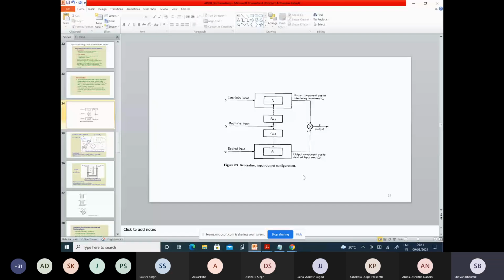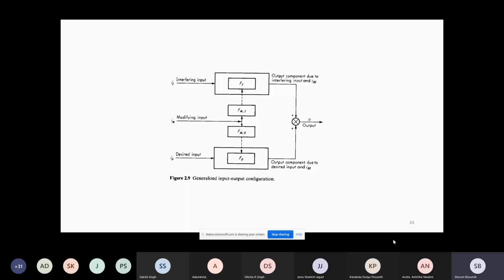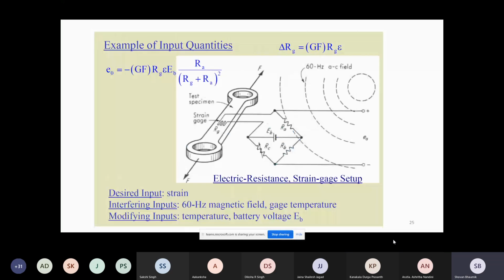Okay, now let's proceed further. What is our objective? We see that we want some output for some input, but there are some other inputs which come into the picture, and for those we also get output. I'll give a definite, clear example. Our objective is to remove those undesired outputs due to those undesired inputs and see what the exact output should be. Before that, let's give some examples.